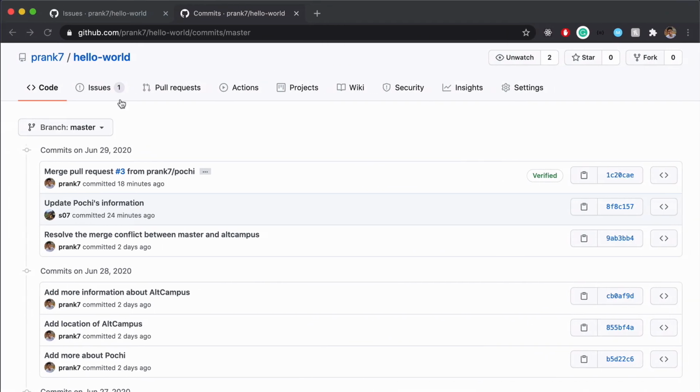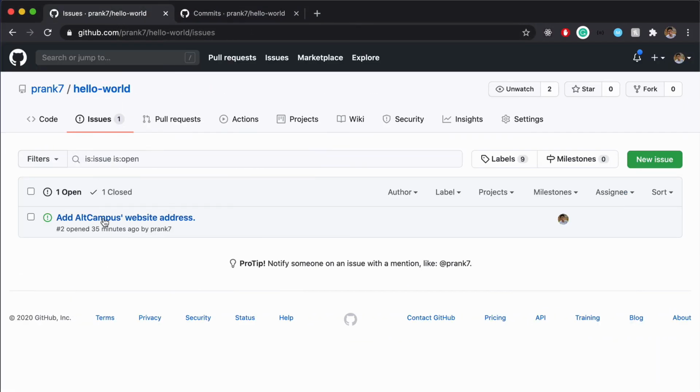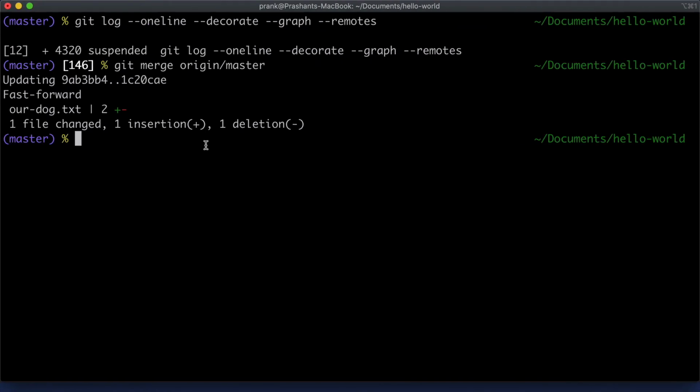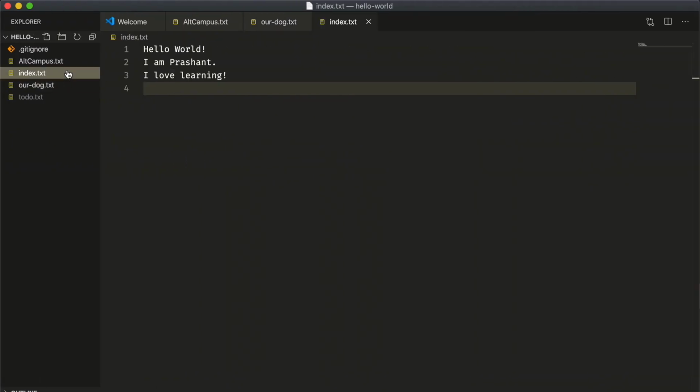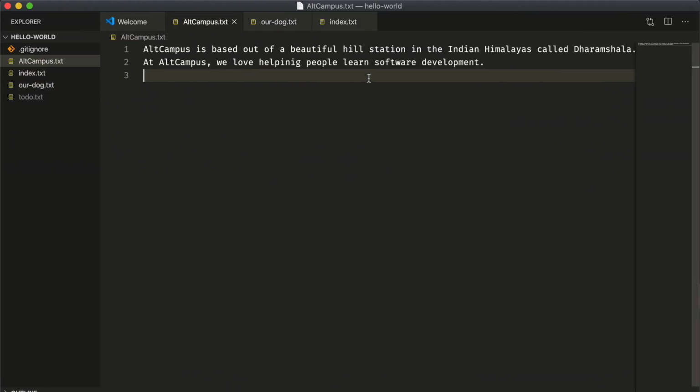Alright, now it's finally the time for me to start working on the issue that I have been assigned. So to do that, I'll go to my local repository and first make a new branch. I can do that by running git checkout -b and then the feature name. So this time I'm going to say alt campus website address being the name of the branch. Well, the command will create a branch and switch us to that particular branch. We can go to altcampus.txt and say